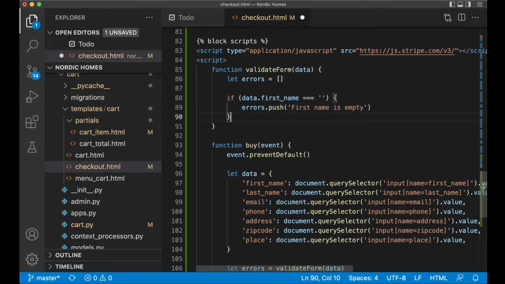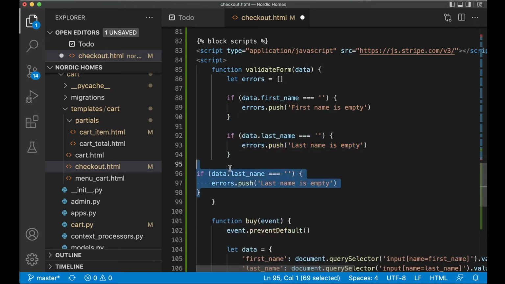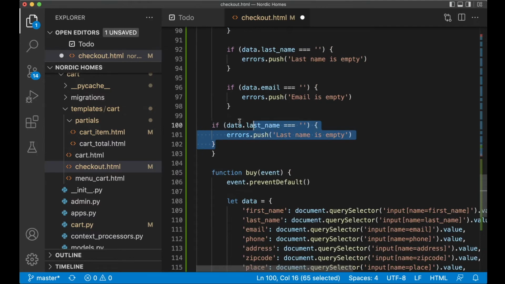Then we can copy this and replace this with last name, and then one for the email, and the phone,